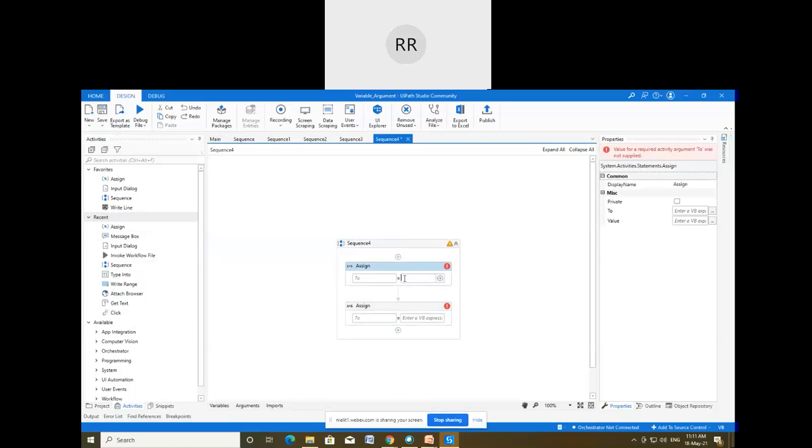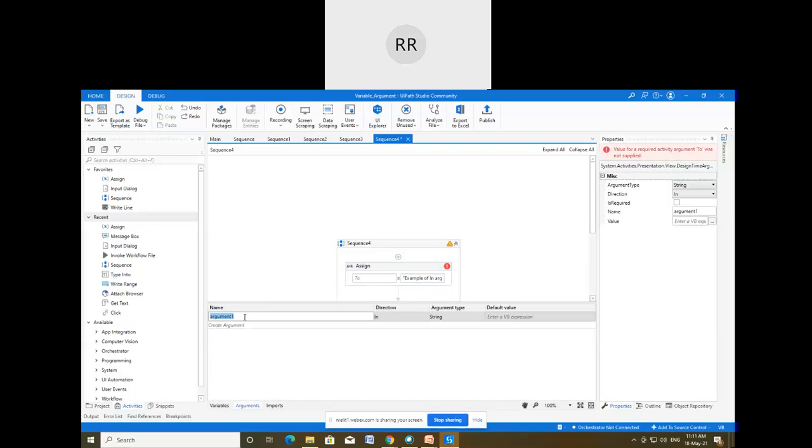Here I have to write some value, in double quotes: "example of in argument". And for the two field, I will create the argument from the argument panel. I'm going to create the argument arg in. So this is our in argument.